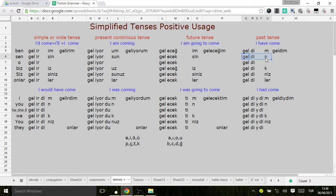Geldim, geldin, geldi, geldik, geldiniz, geldiler. If you realize, the past tense suffix shortens the personal suffixes. So you will see this one everywhere. Here too, because we applied the past tense suffix, so it's gonna shorten. See here, and then depending on vowel harmony, only this one is different anyway. Here,